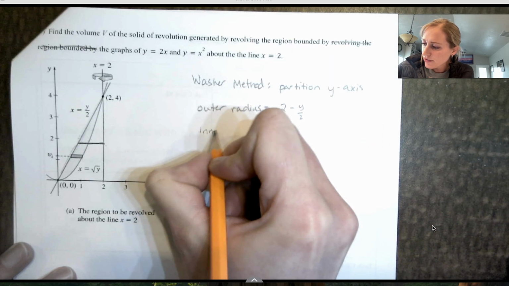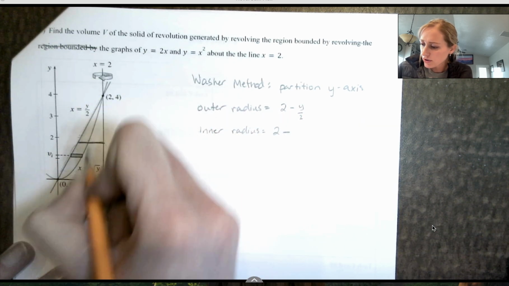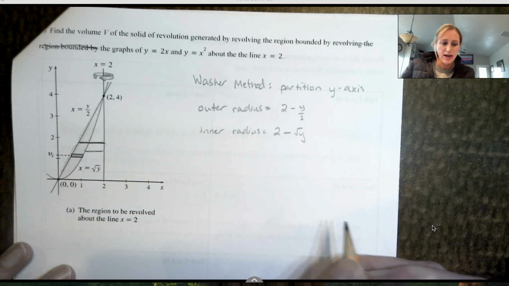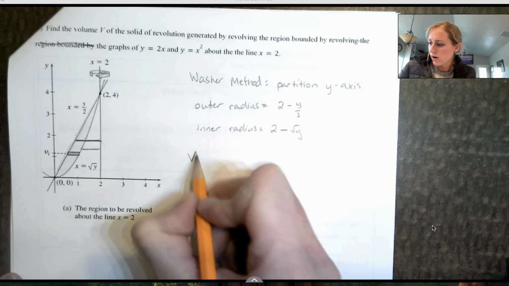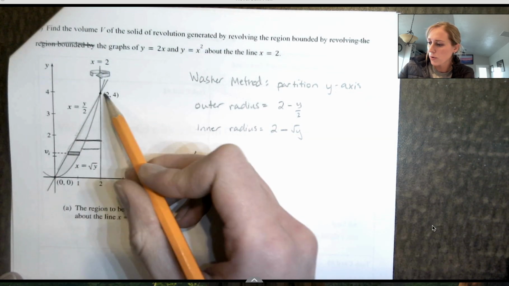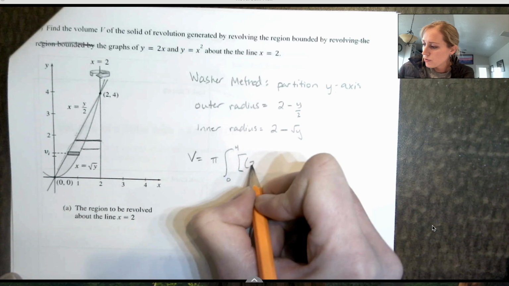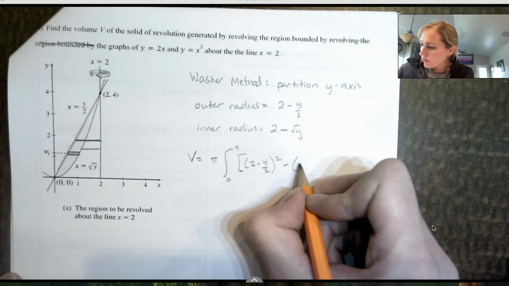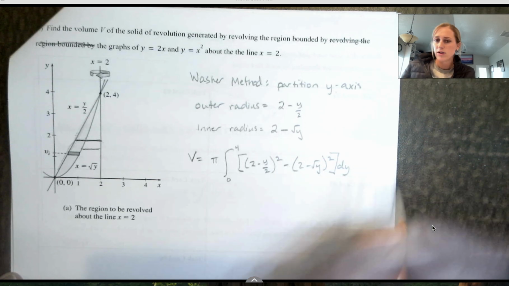Our inner radius, we have 2 minus the other function, because now I'm looking at this radius here. So that function is square root of y. Okay, and then our volume is pi times the integral. We're doing this with respect to y, so my y coordinates are 0 and 4 for my limits of integration. Outer radius, 2 minus y over 2 squared, minus the inner radius, 2 minus square root of y squared, and then all in terms of y,